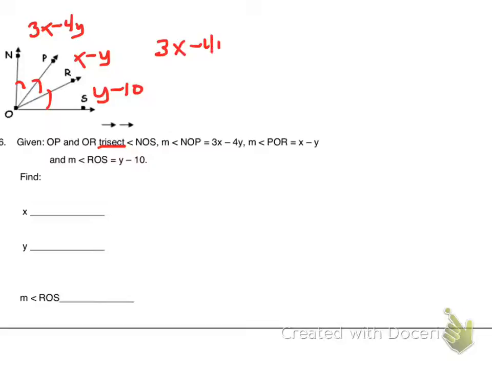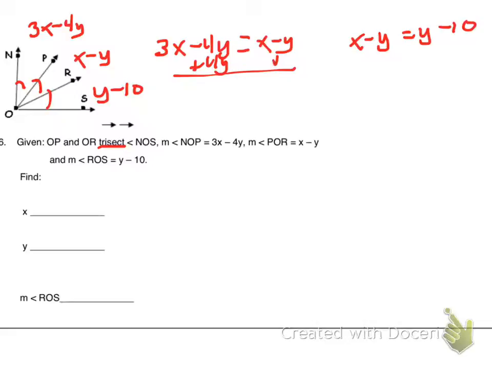3x minus 4y is equal to x minus y. So I set the first two angles together, and now I'm going to do angle 2 and angle 3. So x minus y is equal to y minus 10. All right, and with this first one here, I'm going to add 4y to both sides, and I get